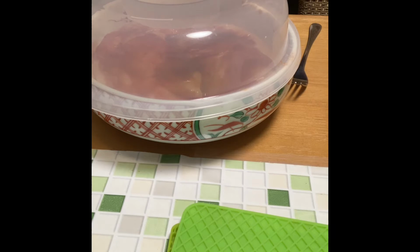And I've also got some fish, because I don't know if this chicken is going to be any good or not. I don't know if the fish is going to be any good or not, but if I try two things, maybe one of them will come out good, maybe not. Anyway, my plan